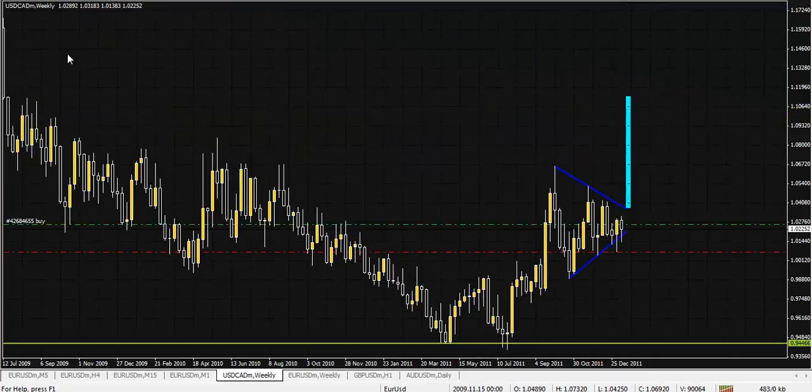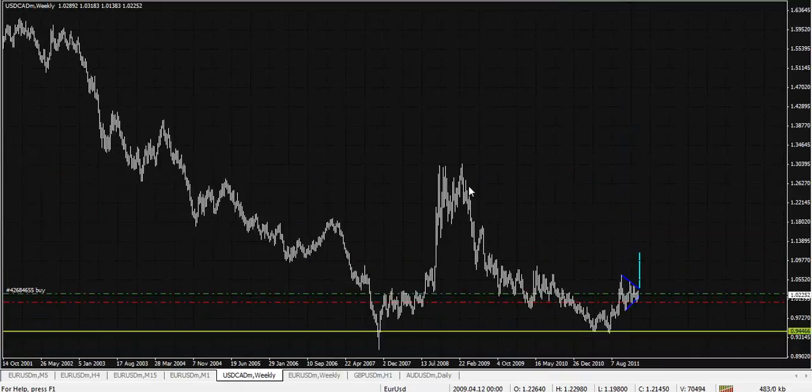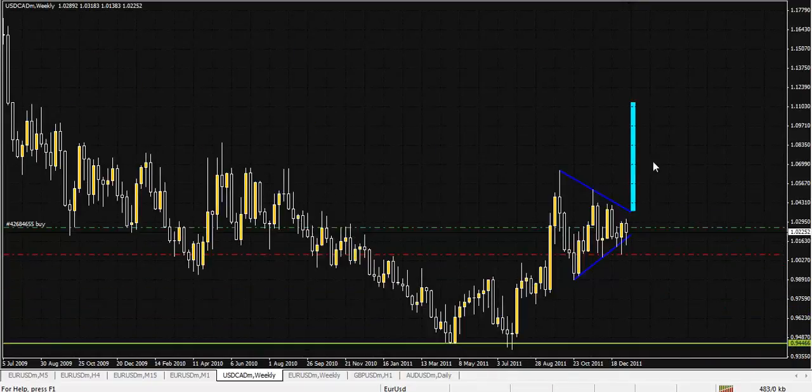Moving on to the CAD, this is dollar CAD weekly chart. Interesting picture here. We have a symmetrical triangle. Oftentimes, these tend to be continuation patterns, and so the trend coming into this triangle was to the upside, and we'd expect this to also break to the upside, continue on. Now, the issue here is that the overall trend, as you can see, since 2009, has been to the downside, and so